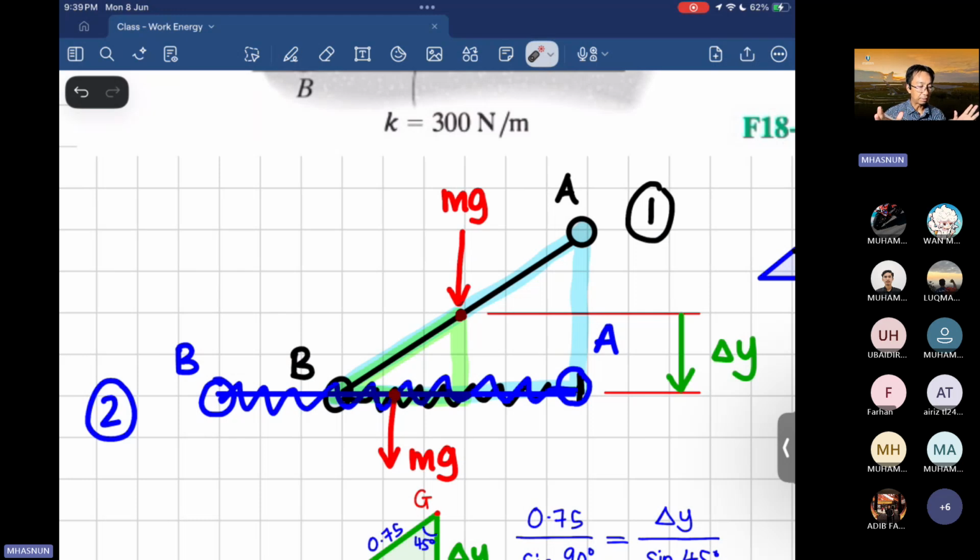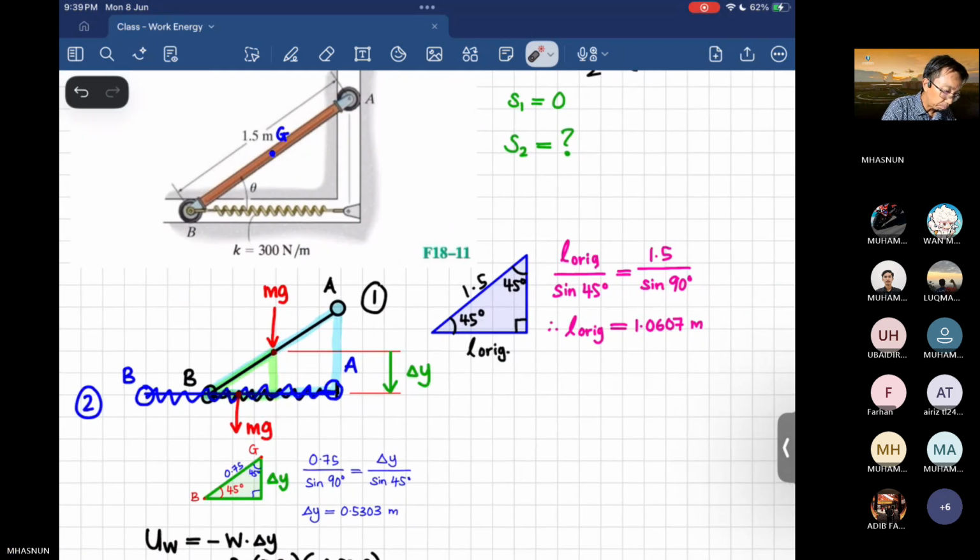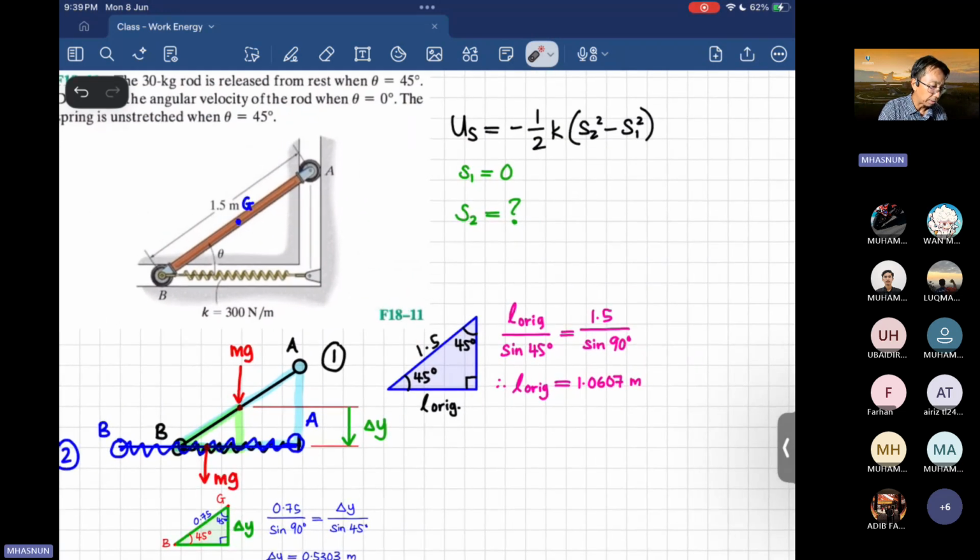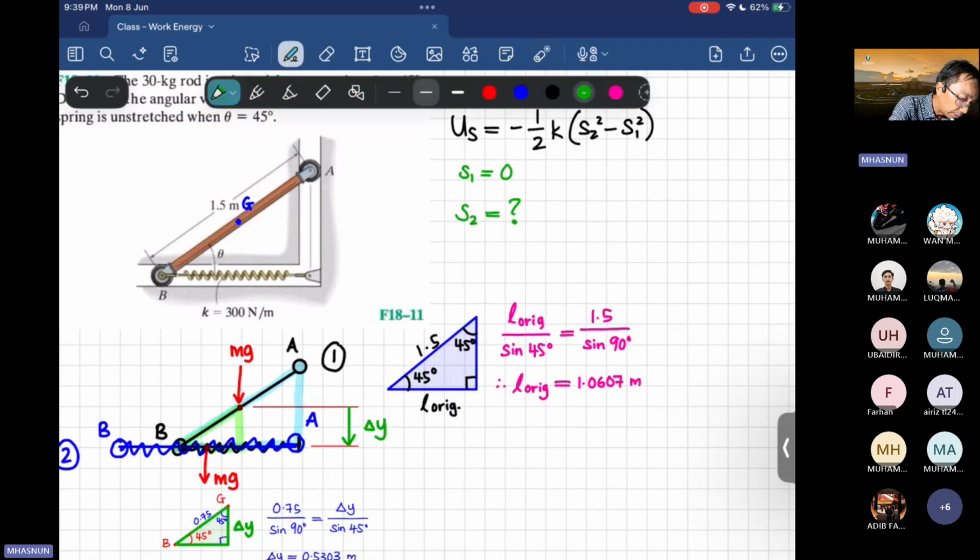Panjang spring pada position yang kedua adalah sama panjang dengan panjang rod tu lah, because rod tu dah turun habis horizontal, spring tu memenuhi sepanjang rod tersebut. So panjang spring pada position yang kedua, ataupun kita let's call it as L2 lah. So L2 is equal to 1.5 meter,